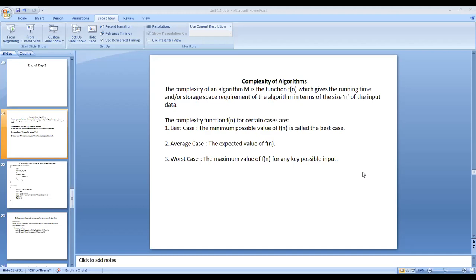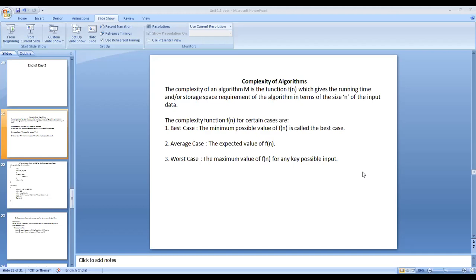Then the average case is nothing but the average over all the input sizes when they are considered. When all the n inputs are given equal importance and equal opportunity, then we go for the average case. Then the worst case is the maximum value that the complexity function can attain. That is the worst case.